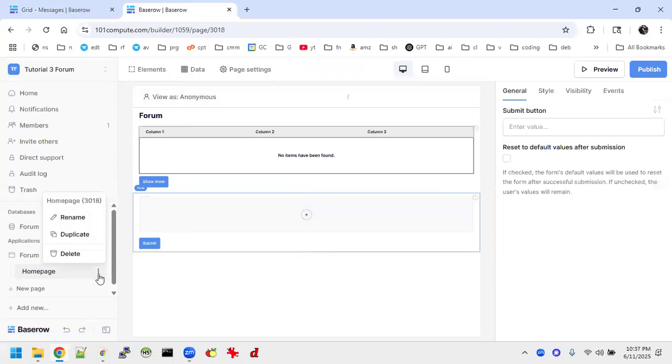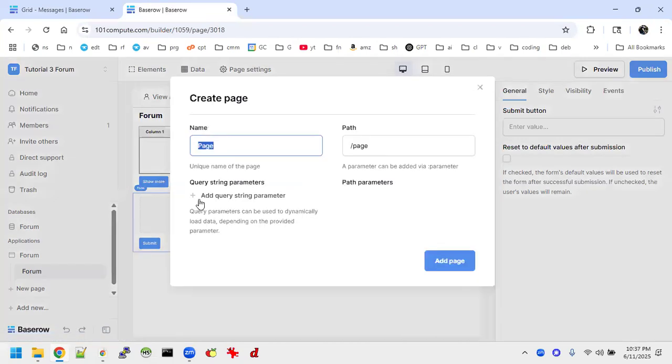So on the first page we call it forum, so you get to see a little more how to use the whole workspace editor. And we'll add a new page called messages,